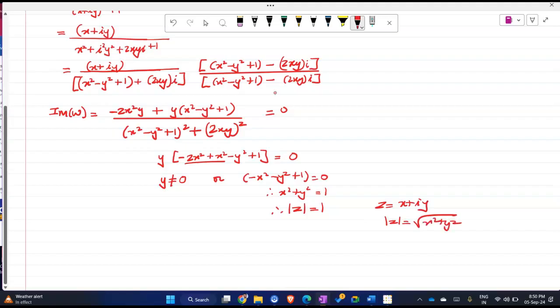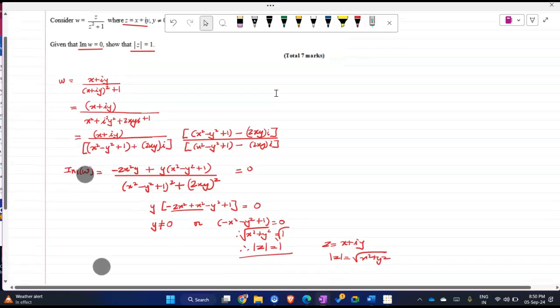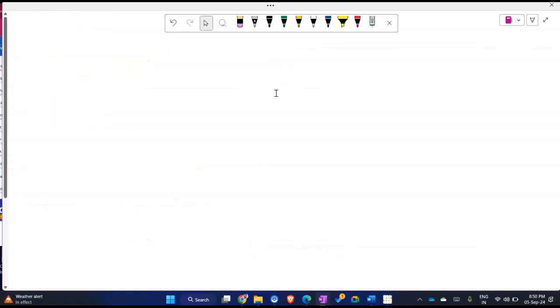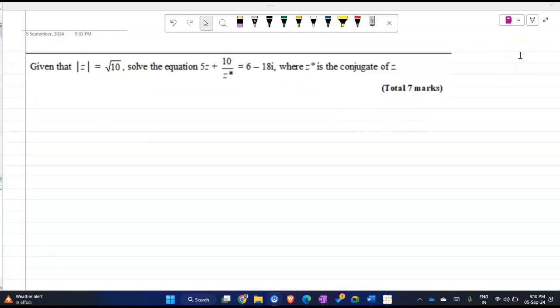Correct? So basically root of this will be root of 1. So therefore this will be 1. Yeah, it's blue. There's one sign you have. Good question. See, you have